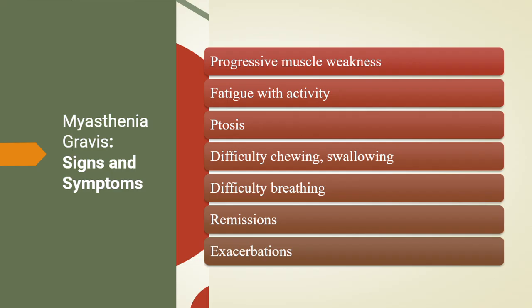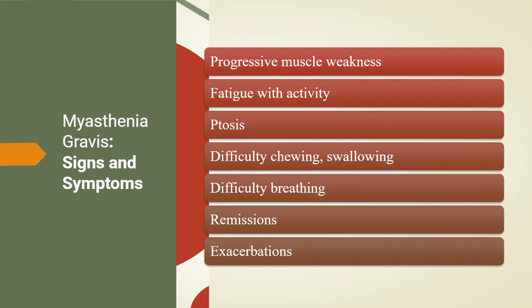Weakness of the bulbar muscles, which control speaking and swallowing, leads to symptoms such as slurred speech, difficulty chewing, choking on food, or frequent throat clearing. Over time, the patient's voice may become softer or fade after long periods of talking because the muscles fatigue quickly. Difficulty swallowing is a serious concern as it increases the risk for aspiration and pneumonia. Myasthenia gravis may also affect the respiratory muscles, making breathing difficult, especially during exertion or during an exacerbation. When this weakness becomes severe enough to impair ventilation, the patient is experiencing a myasthenic crisis, which is a medical emergency requiring rapid intervention.